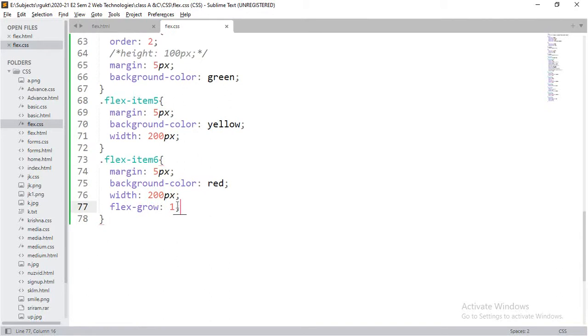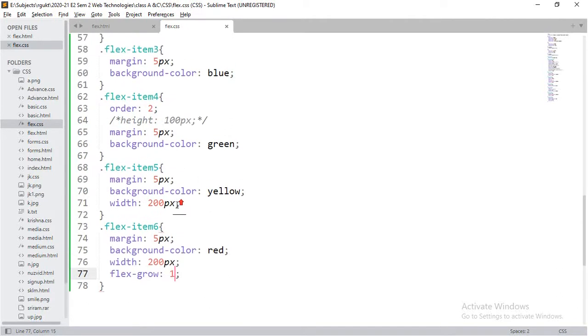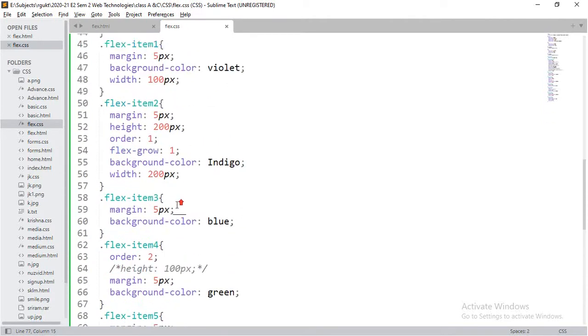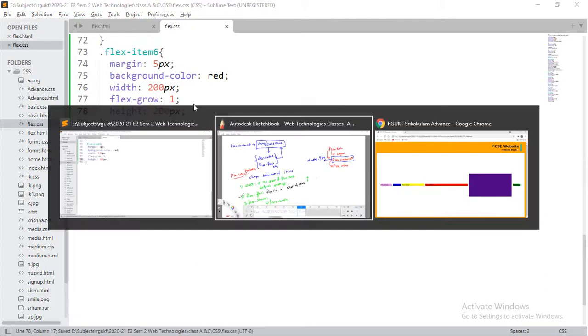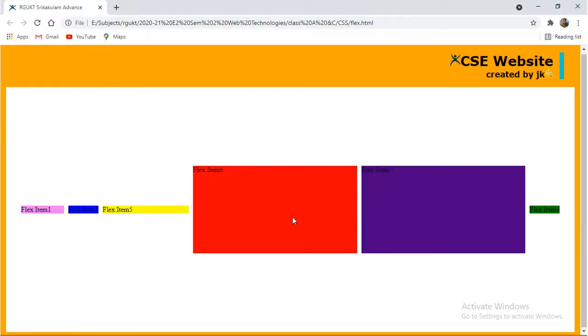For example, for flex item 6 also I will define a height so that you won't get confused. Observe, now both are equal.